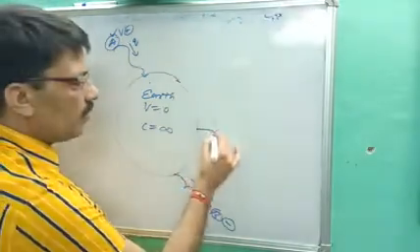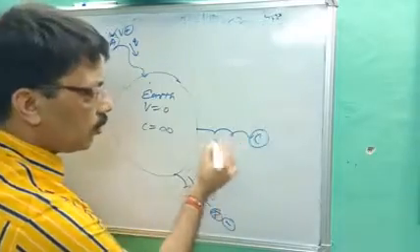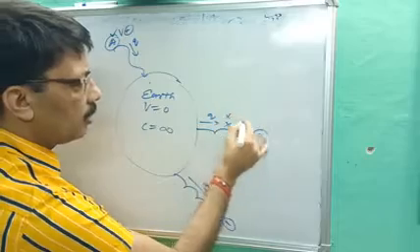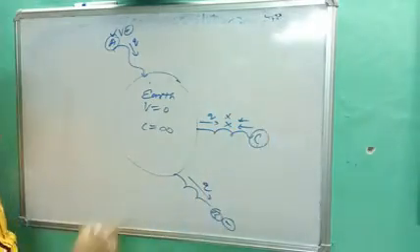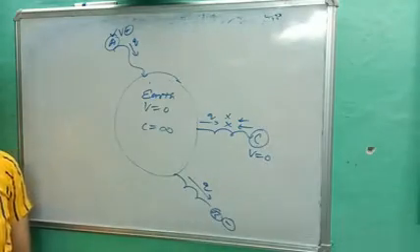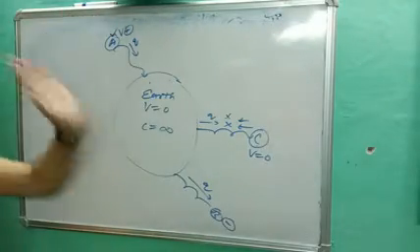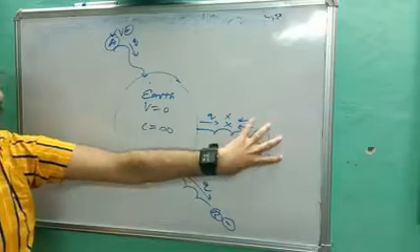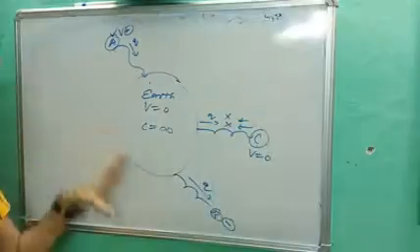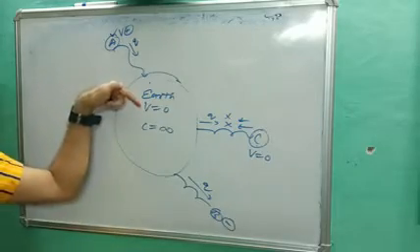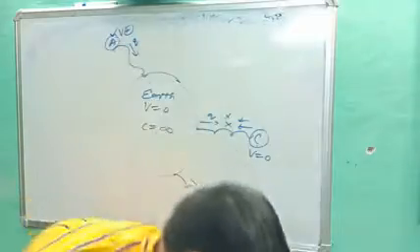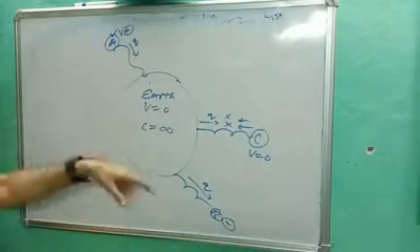And last, if any body C is connected to earth and there is no exchange of charge from either side, then this body is said to be at zero potential. So there are 3 types: positive potential, negative potential, zero potential. It means the potential of any body is measured by connecting it to earth, assuming that the potential of earth is 0 and its capacity is infinite. So this is the introduction of positive, negative and zero potential.